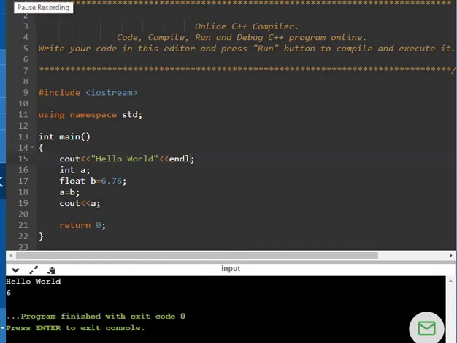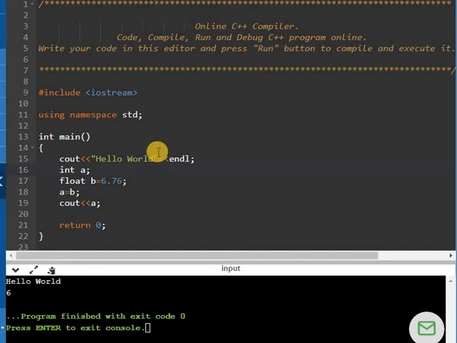So when I run this program, I got this output. So what is happening here, it was a float type. When I assigned the float variable b to a, then only the integer part will be assigned, because a is of integer type. Whatsoever format it is representing, it will display the value in the same format. So this was the example of implicit type conversion.